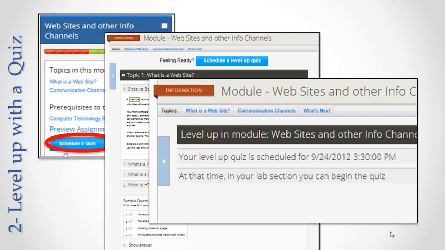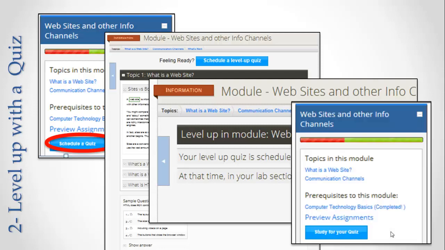Okay, so now you're done with that, and you can go on and do other work in the system. Whatever else you have to do in the system, you can continue on, knowing that you have a quiz scheduled for that time, and at that time, you'll be able to take the quiz. Okay, when you go back to your home page, notice that the button changes from schedule a quiz to study for your quiz, and if you click on that button, you'll go back to the study page